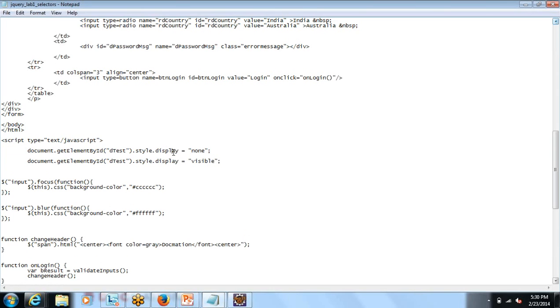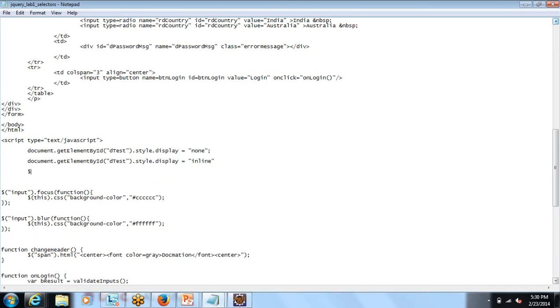The properties are different for Firefox, and even the values are different. I think the value is either inline, it's not visible, it's actually inline. So these two lines of code are different based on the browser that this particular page is being viewed in. Going with jQuery addresses all of those incompatibilities, because now all I have to do is